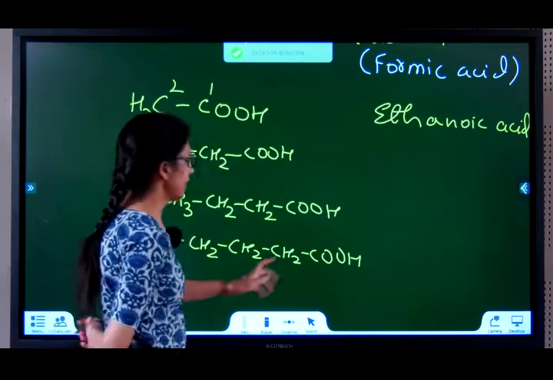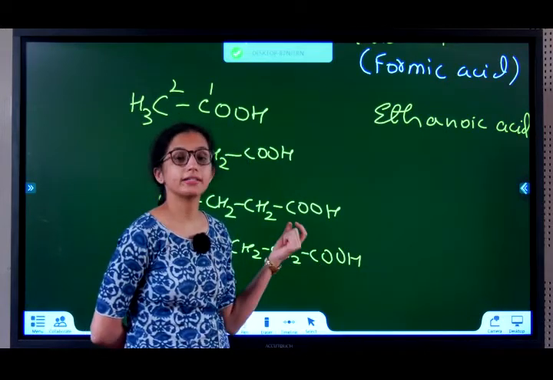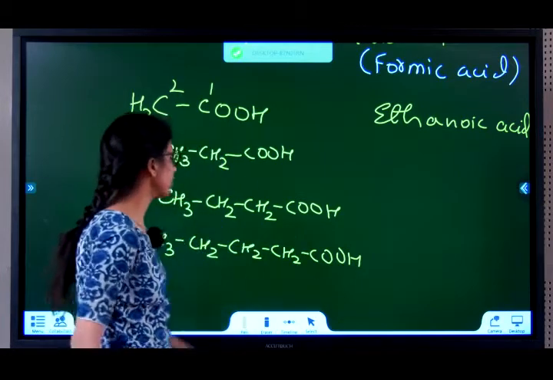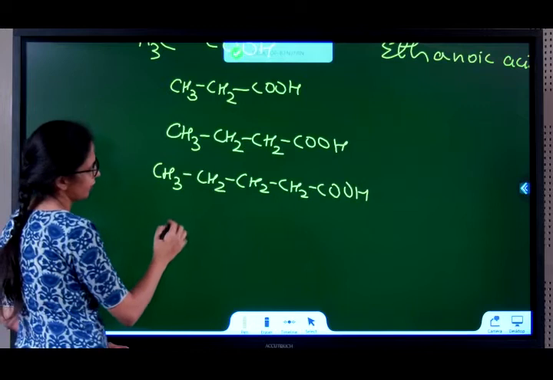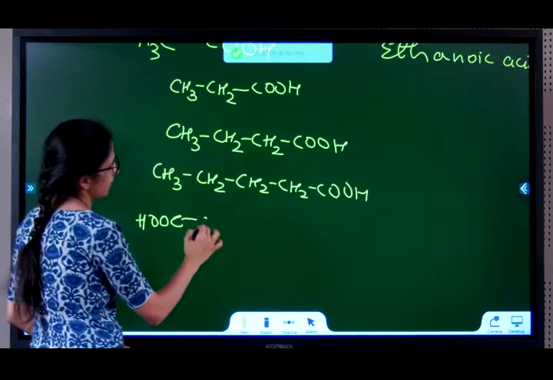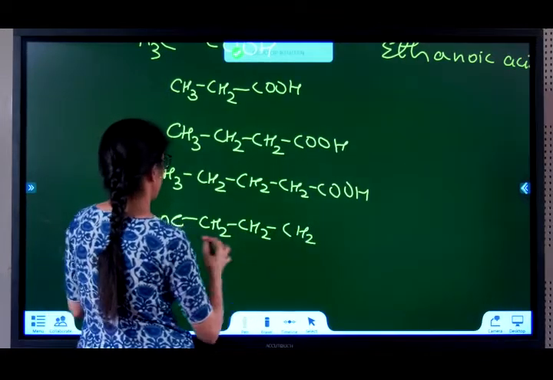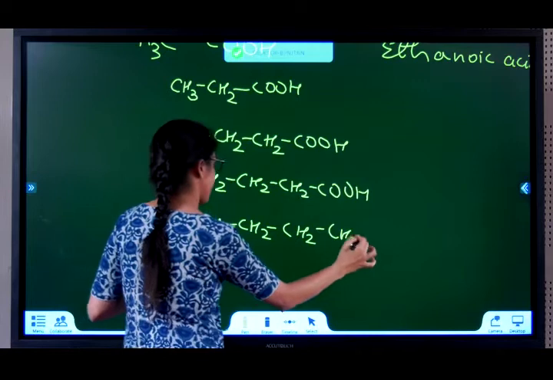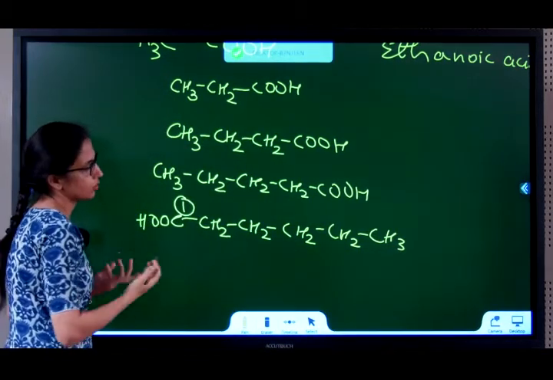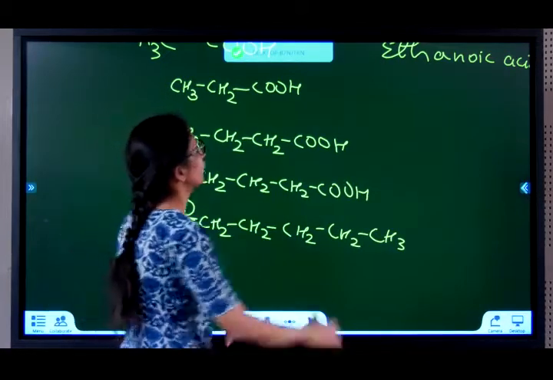Point to remember, in COOH, the C is also counted in the root word. It is a part of the parent chain. Always position 1. Is it necessary to write it on the right? No, you can write it on the left too. COOH, and then put your remaining CH2, CH2, CH2, 4, 5, 6. So numbering will start from here now instead of that side. So hexanoic acid.